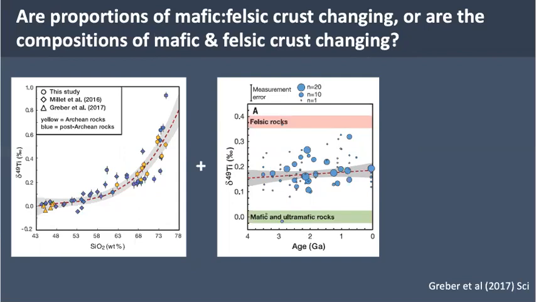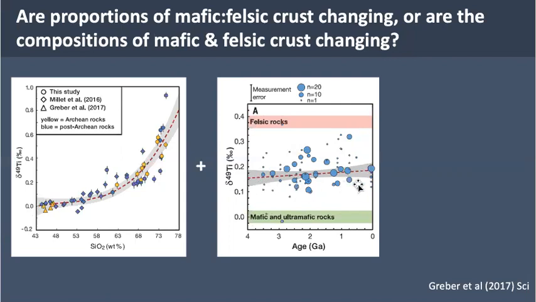The proxy I'm showing in the left-hand plot is the titanium isotope composition of rocks. It's based on the observation that in igneous rocks, this ratio correlates with silica concentration, and that's shown here. What's great about this is that felsic rocks have high values of titanium isotope compositions and mafic rocks have a value of 0. In this plot over here, that's shown with these green and red bars respectively. When these authors measured this in a bunch of fine-grained marine sediments over time, this is ultimately